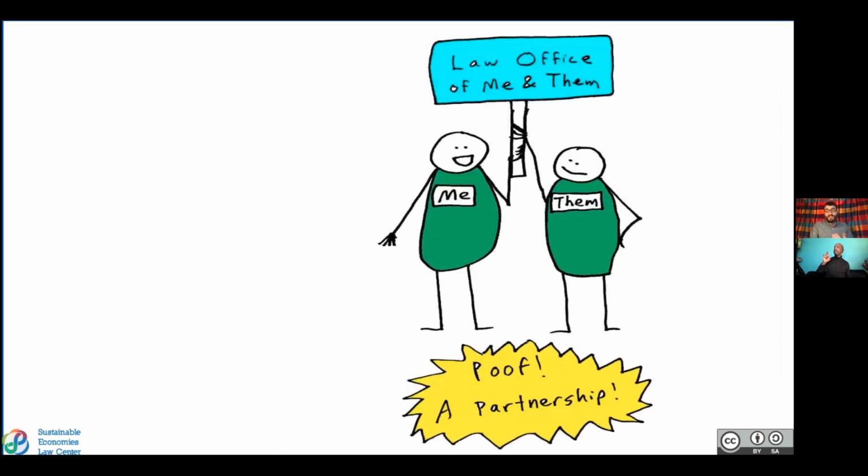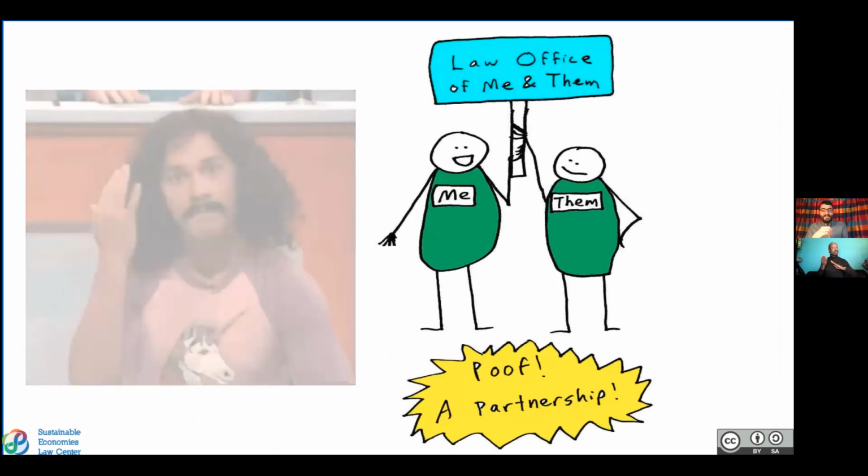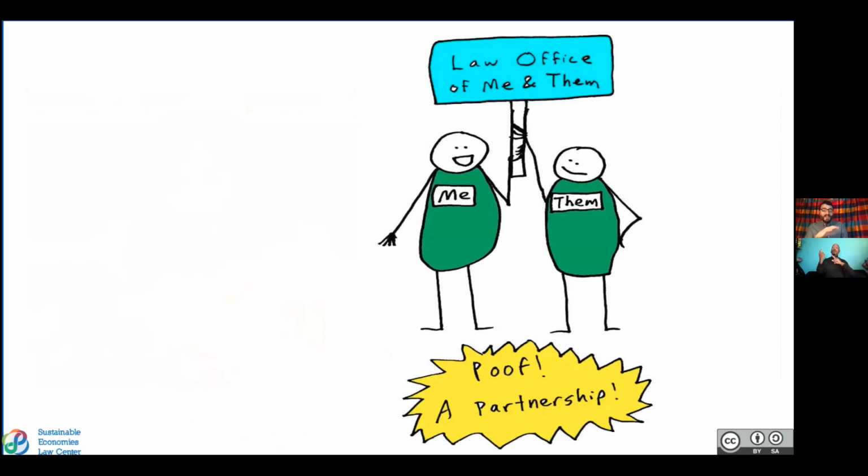Now what happens if a friend and I start practicing law together? Even if we don't lift a finger to form an entity, we will have formed by operation of law a partnership. If you do this, however, you're going to want to formalize your partnership a little bit. A partnership agreement is a really great tool to make sure you and your partner are on the same page about how you work together, make decisions, allocate profits, etc. You also need to get a separate tax ID for your partnership and file a tax return for it. And you have the option to register your partnership with your state, which is helpful for purposes like proving to a bank that you really have formed a partnership.